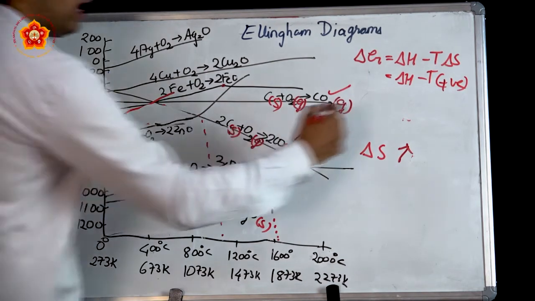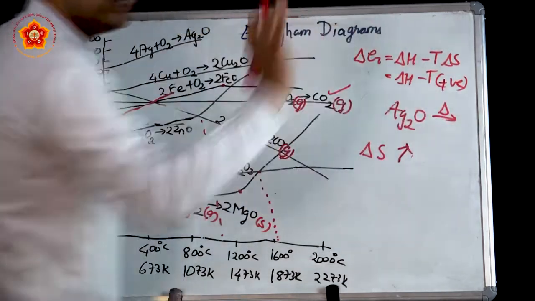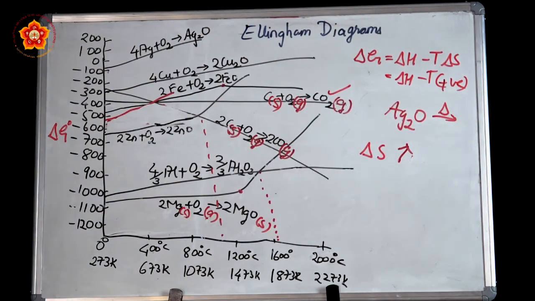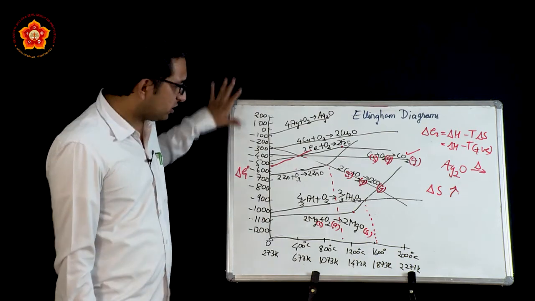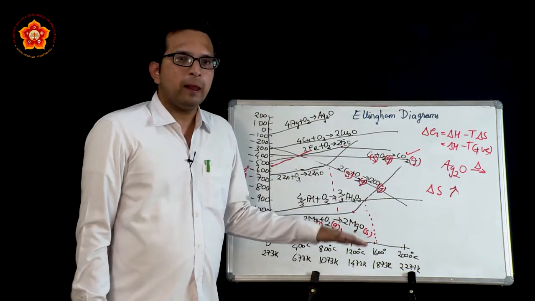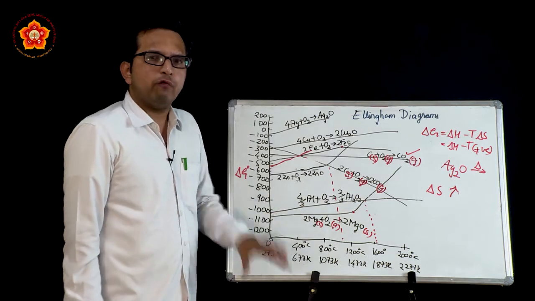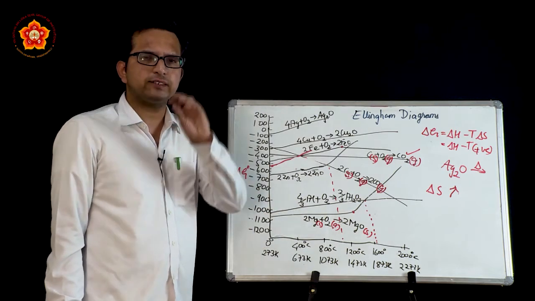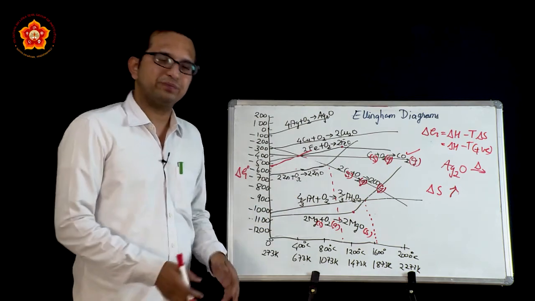So if you just have the oxide Ag2O and you just heat it, that will be more than enough for you to obtain silver metal and oxygen gas, because their delta G values are already positive in nature. So this is how the application of the Ellingham diagram is seen. With these basic concepts of the Ellingham diagram, we will see the extraction of some particular metals in our study in the further parts.